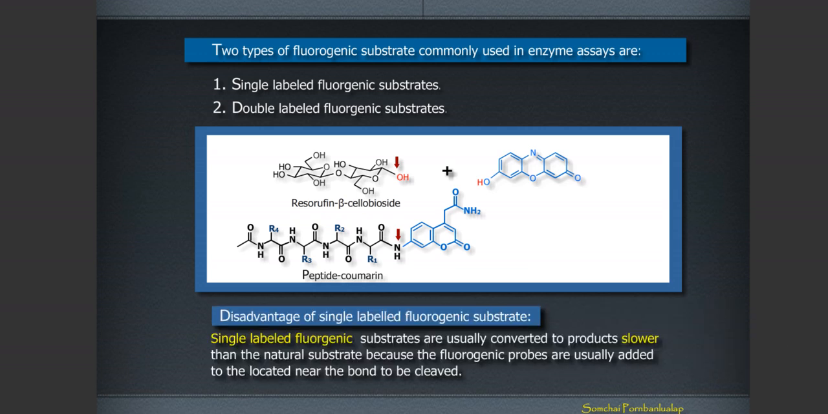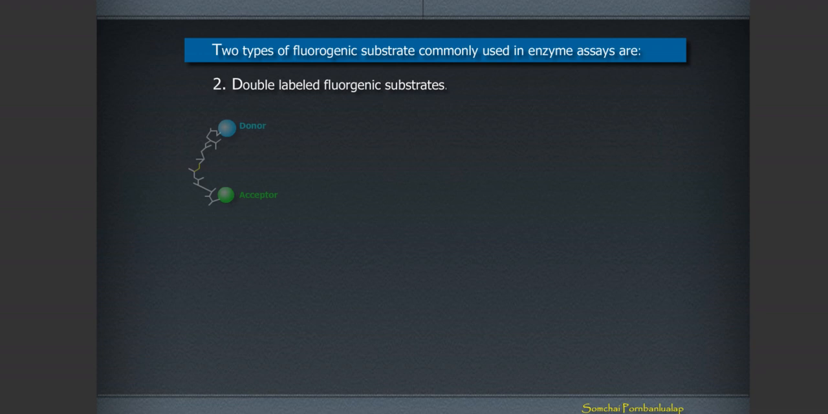A disadvantage of single-labeled fluorogenic substrates is that the addition of a fluorophore often reduces enzymatic cleavage compared to the natural substrate. Therefore, double-labeled fluorogenic substrates have been developed and used in many enzyme assays. In a double-labeled fluorogenic substrate, the substrate is labeled with two different probes, a donor and an acceptor. Furthermore, the donor and acceptor can be labeled at positions far from the cleavage site. Therefore, the addition of a donor and an acceptor does not significantly interfere with the binding of the substrate to